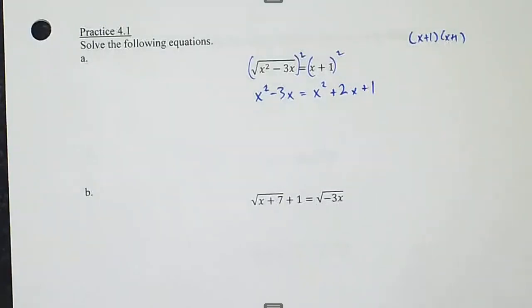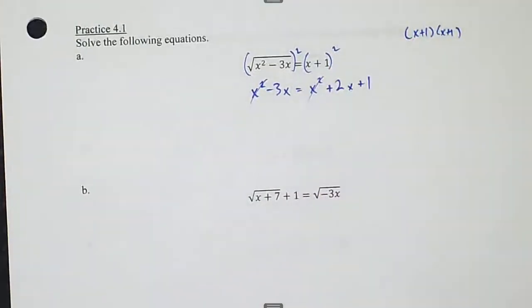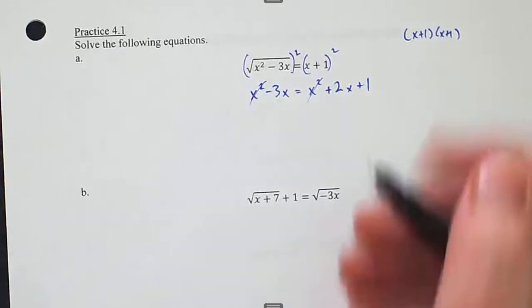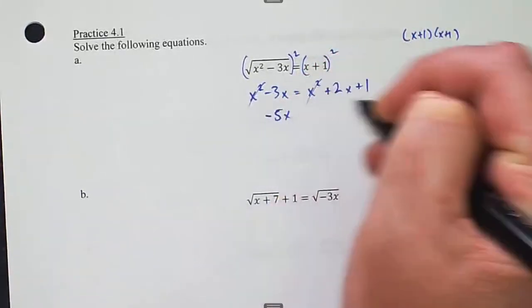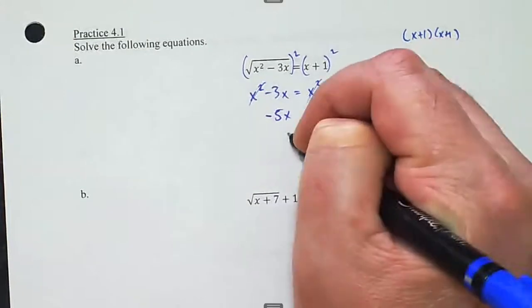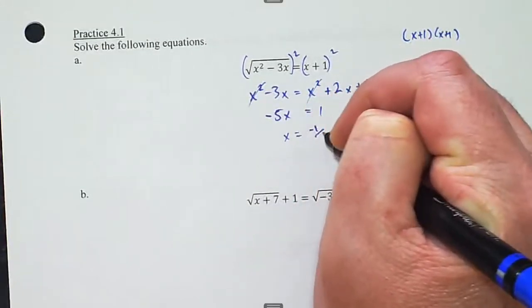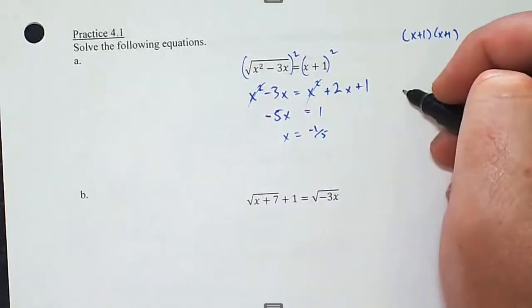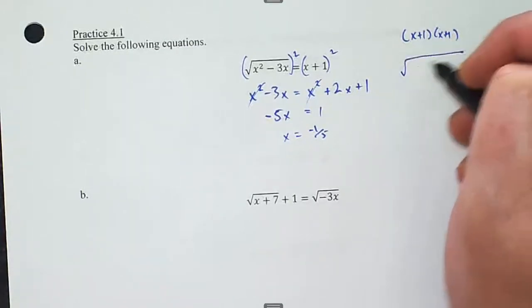But you'll note that when I try and get the x squareds on the same side, they just go away. So it's actually going to be just a linear equation. Subtract the 2x over, and you get x is equal to negative 1/5. So to check this,